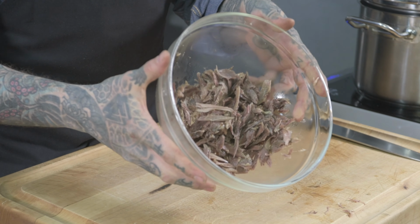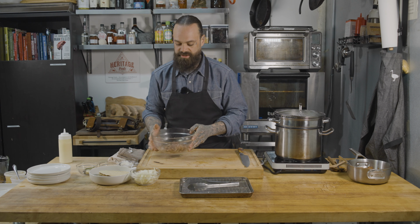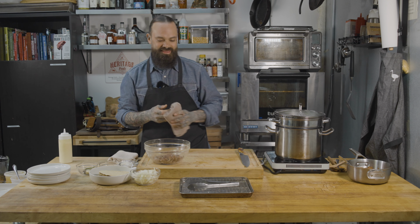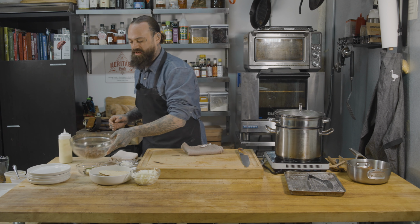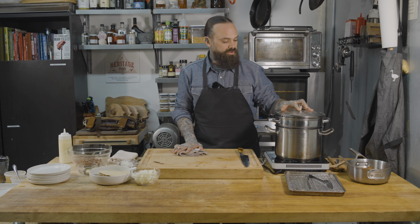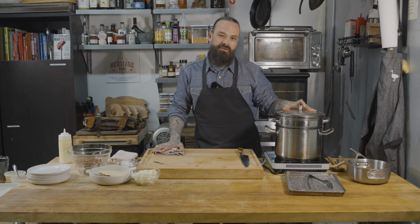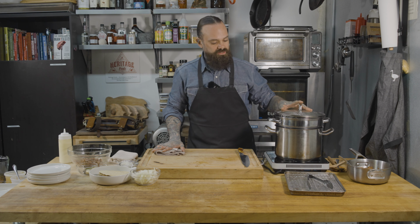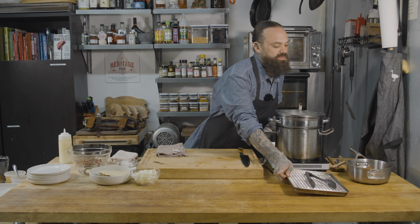Cool, so it's a pretty decent amount of meat for 2 legs and not really too much effort, so happy about that. Easy to do at home. So we're gonna set this aside, and from the steaming of the turkey, like I was talking about before, we used a quart of water, so now we probably have about a pint of stock or something in between that. So we're going to strain that out,